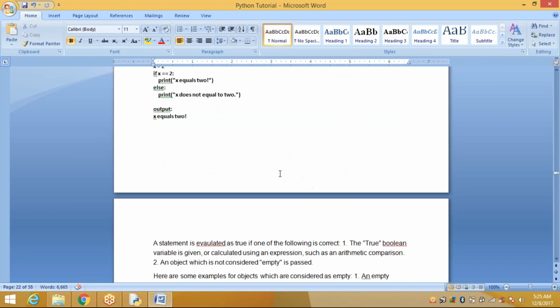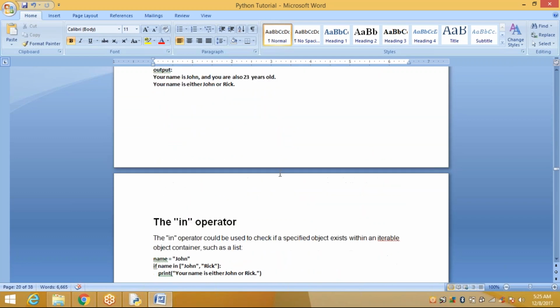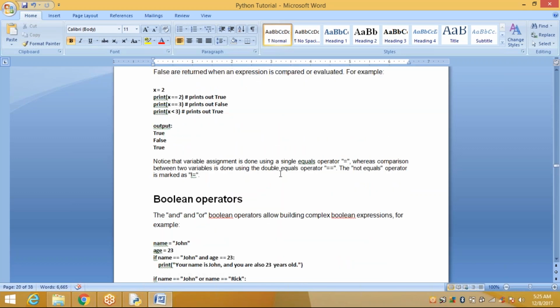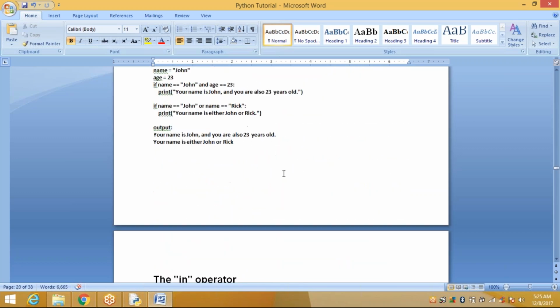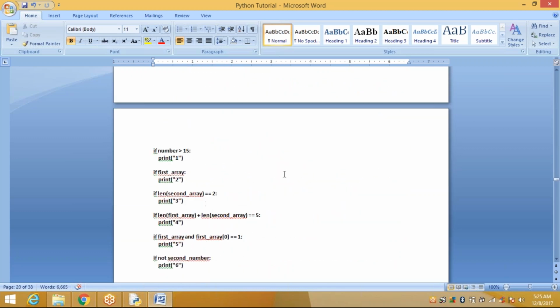So we'll discuss these. Okay, shall I continue or can I wind up? We have conditions, Boolean operators, in operator, is operator, not operator. How to use this? Shall I continue a few more minutes?